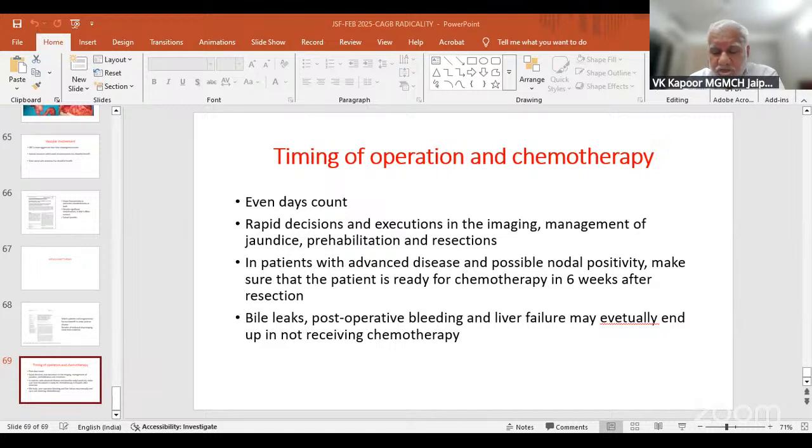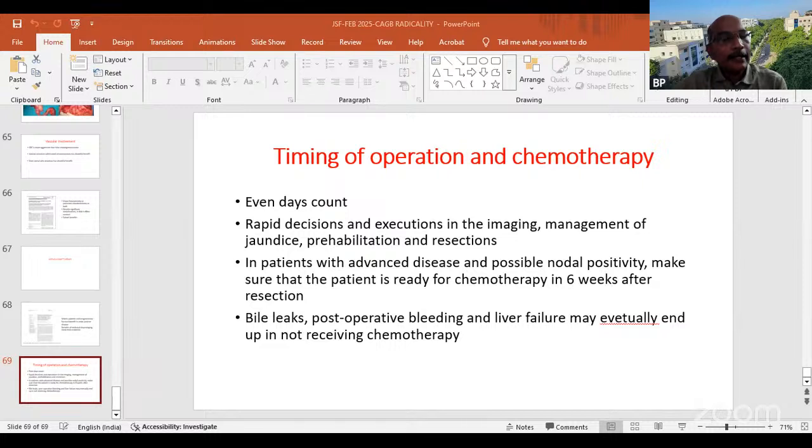Second is HPD. Although HPD is achieving an R0 status, the cost was high, cost in terms of mortality, which was in double figures, and morbidity, and actual survivors were very small in number. In their last article, they have said that although technically feasible, it is an oncologically unacceptable procedure. And as far as I know, they have stopped doing HPD for gallbladder cancer. And both these procedures were achieving R0 resection. And their point is that it is not only whether you can achieve R0 status or not, it is also the stage of the disease. Your comment on that?